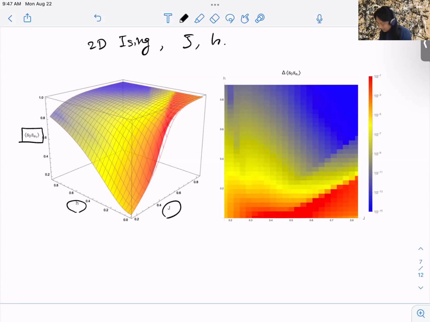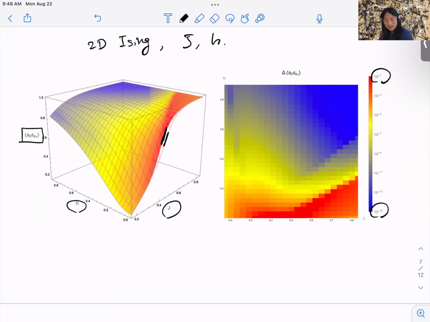At h equals 0, actually, the difference between upper and lower is still visible. For example, here you can see the difference between this upper and the lower bound. This gap is visible in the plot, but this very, very quickly tightens and soon becomes invisible. Exactly how much the separation is between the top sheet and the bottom sheet, which is the upper and lower bound, is indicated by the colors here. So you see the red corresponds to 10 to the minus 1 difference, which is visible at the boundary here, but the blue is 10 to the minus 15. So in the blue region, the upper and lower bound actually coincide within 15 digits. So we need a high precision solver to be able to tell.